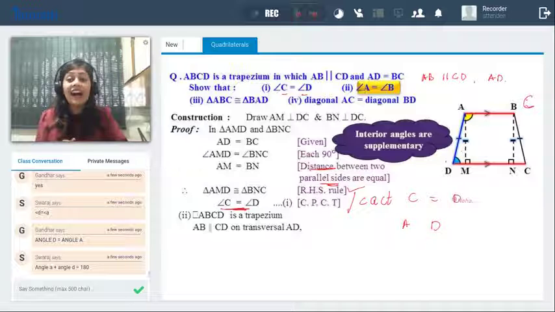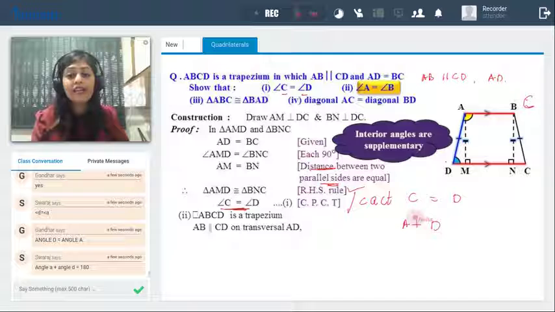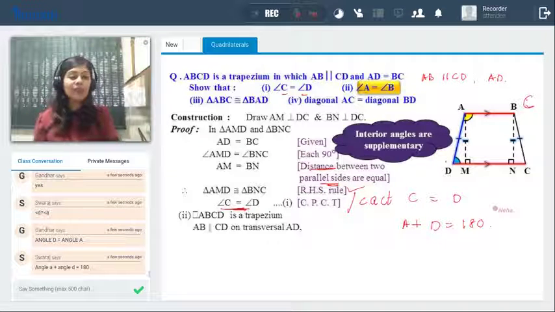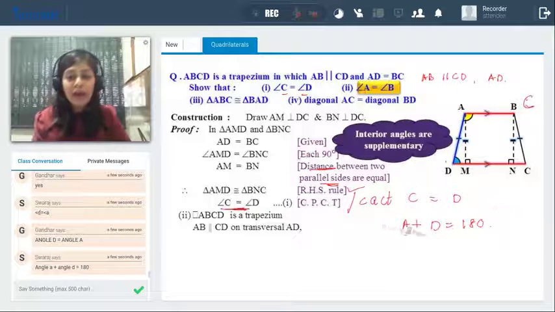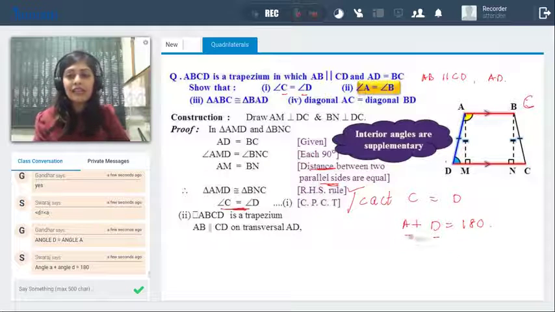Yes, Swaraj. That's correct now. Angle A and angle D are not equal. Co-interior angles are always supplementary. Students, you have only one pair of angles which are supplementary, which are co-interior angles. Alternate angles and corresponding angles are equal. So I know now A plus D is equal to 180 degrees. Similarly, look at